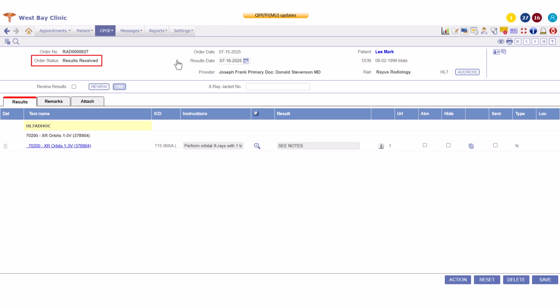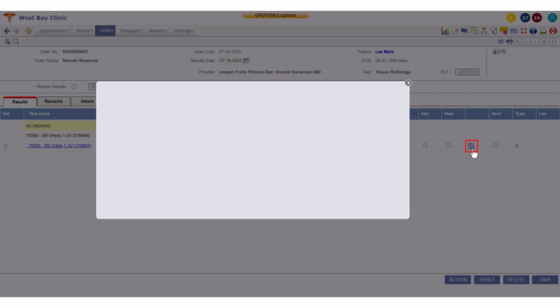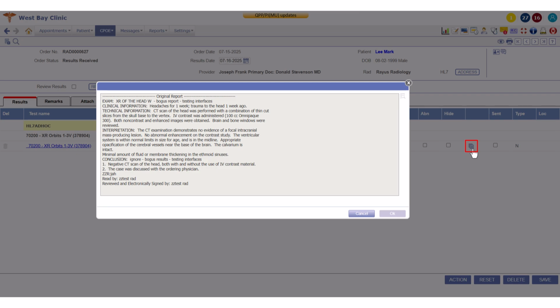The order status will appear as Results Received, and an HL7 label indicates that the results were received electronically. The Instructions field displays any instructions carried over from the original order. The Result field contains comments or findings entered by the radiologist, and the Remarks button opens a pop-up which displays additional observations or notes related to the test, as documented by the